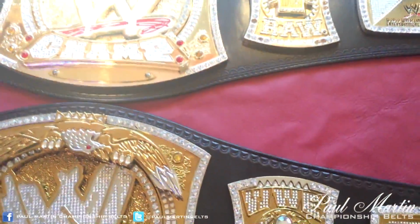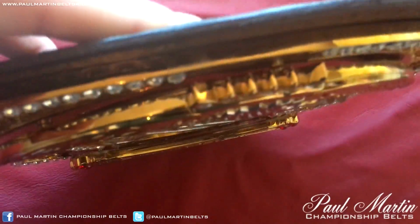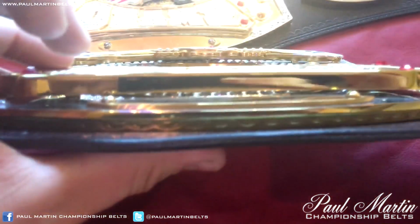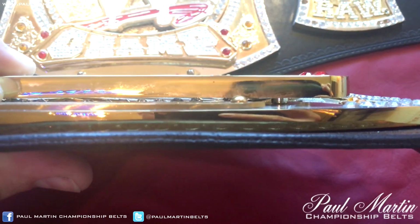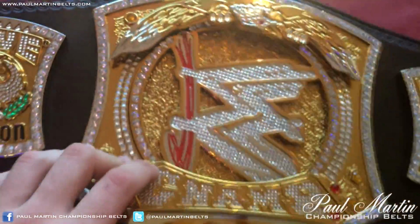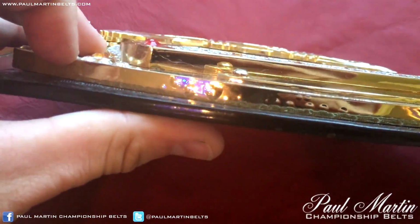I don't know the exact reason for that, but something it does cause is the eagle itself actually sits about 5 millimeters off of the plates itself, as does the champ banner. That's probably a better shot. So you can see the posts there and there, which there's a gap between the champ banner and the plate itself. That's for the champ banner and the eagle. And on this one, the 2005, there's no gap at all. They sit completely screwed tight to the plate,